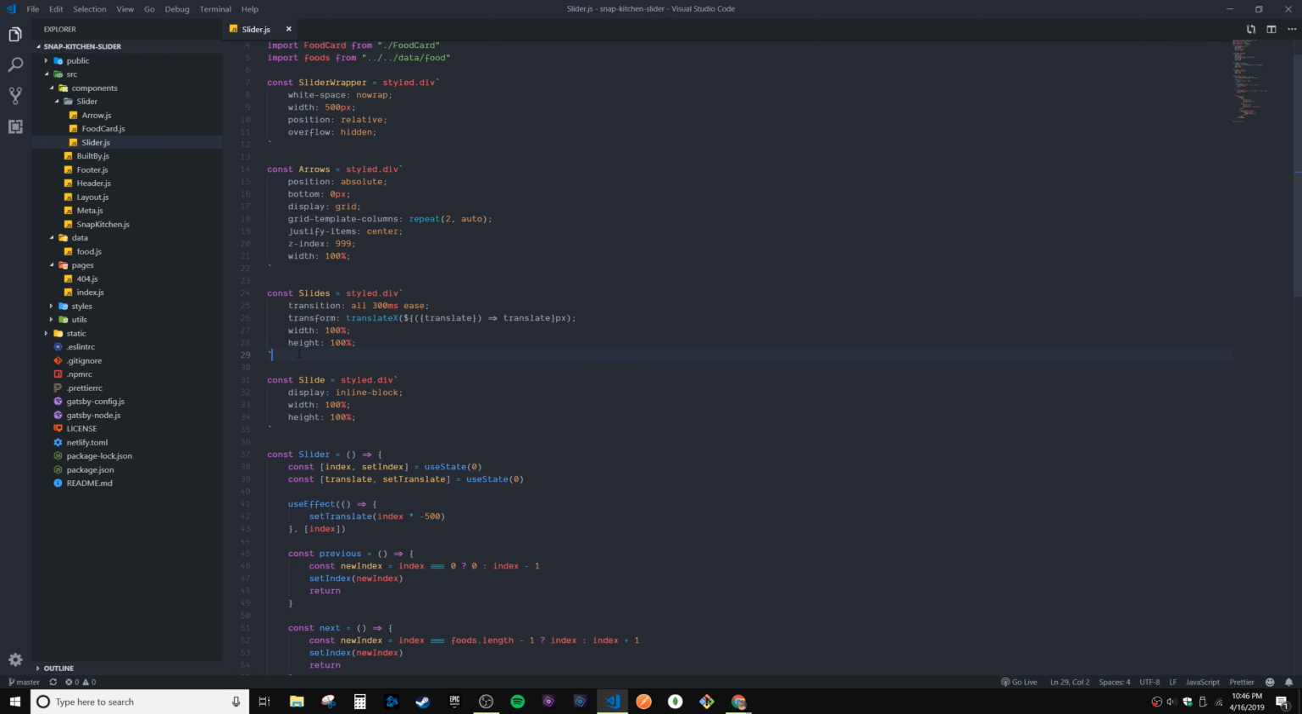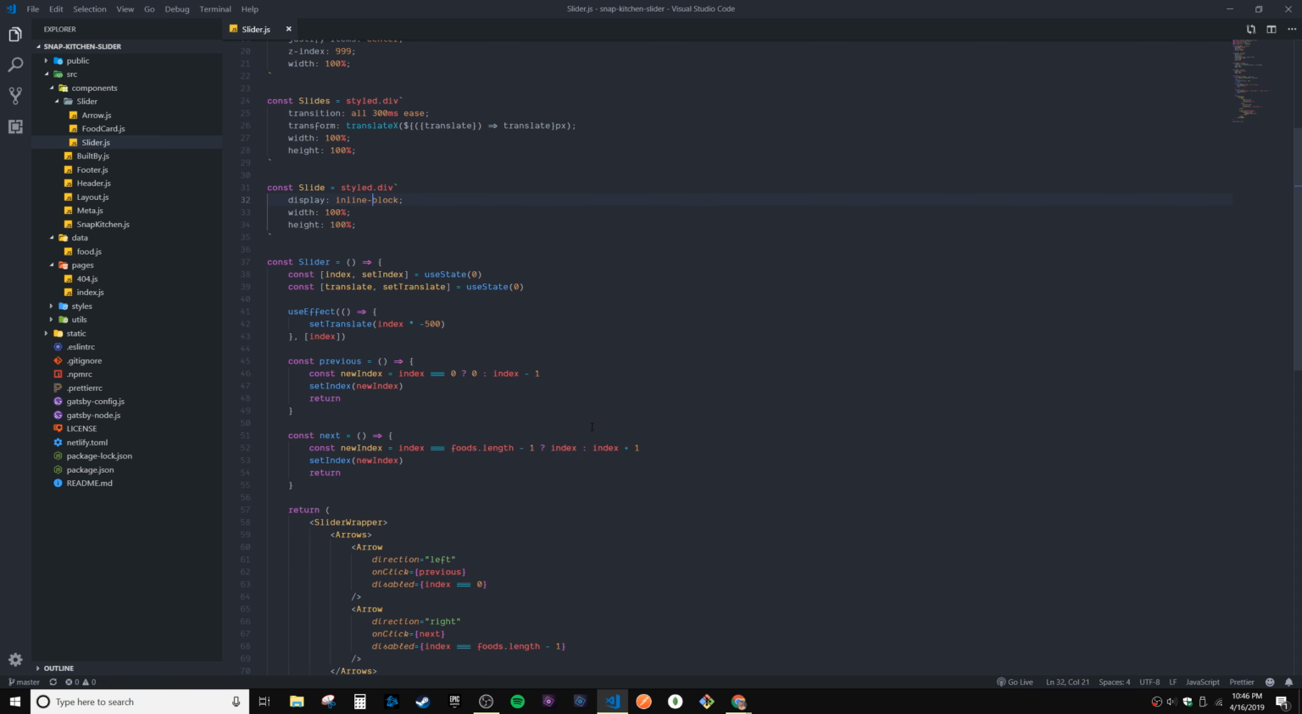The slides is another div, which is one giant div inside of the slider. This is where the actual transform is occurring. It translates itself left and right. And then inside of slides is the individual slides that are inline block taking up the full width and height of their container. So it's pretty simple. I keep track of what index of item that I'm on, and then I keep track